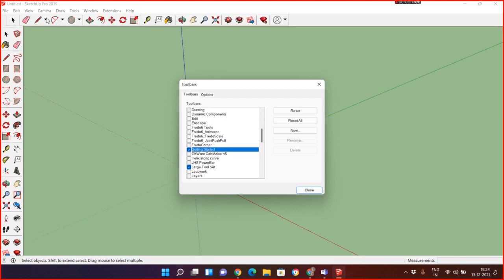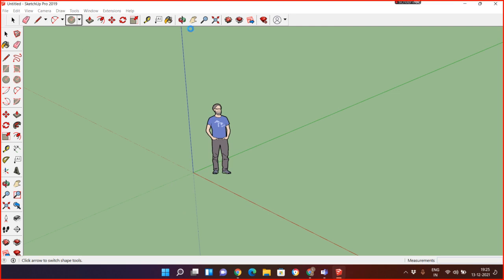So see, the entire tool is coming out. These 2 are coming over here. These 4 are coming over here. This shape is coming over here. Okay, and this entire set, move, follow me and all, you can look over there. There are some more advanced tools coming. And you will find this entire tool set in this menu bar.